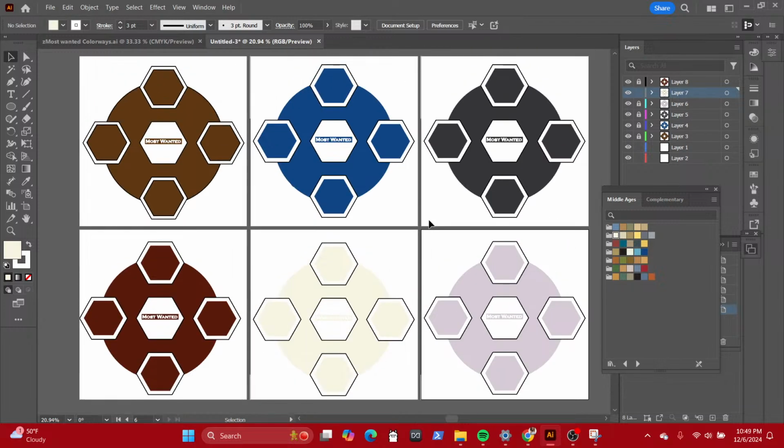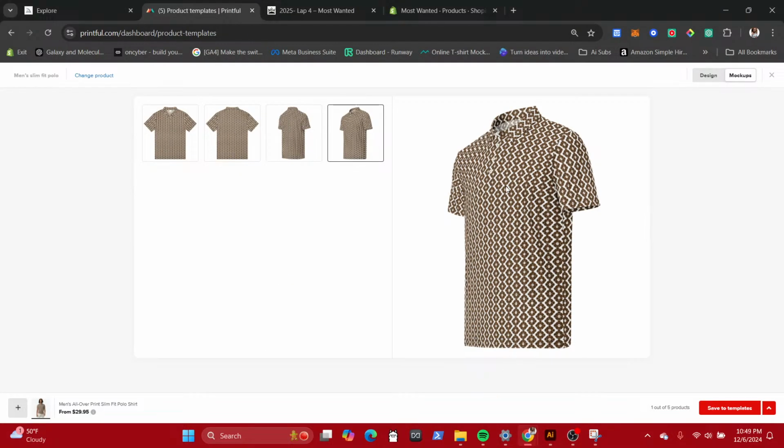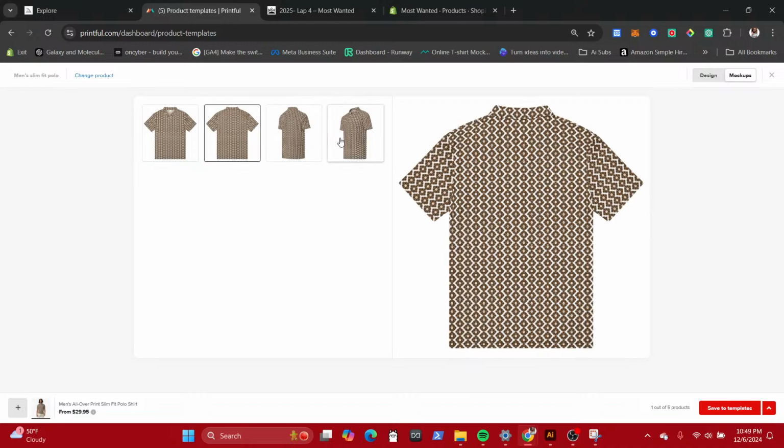Now, one thing I really like about this already is the most wanted in the middle. If we go back into it, you kind of have to know that the most wanted is in the middle, right? You won't just know if you don't know, which goes into the pattern. You don't know if you don't know.